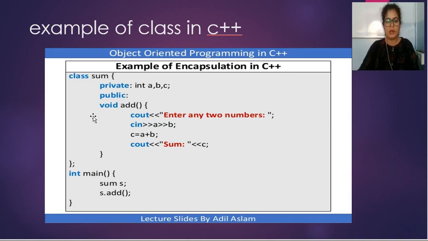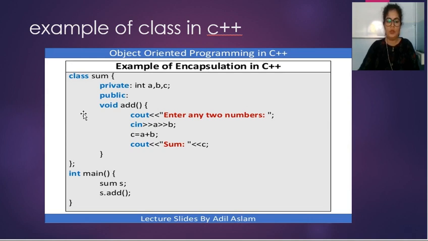Here I have given private access to the variables, and I have declared three variables A, B, C whose data type is integer, so I have written int A, B, C. These three variables are of integer type and their access specifier is private. It means the scope of the variables is private.